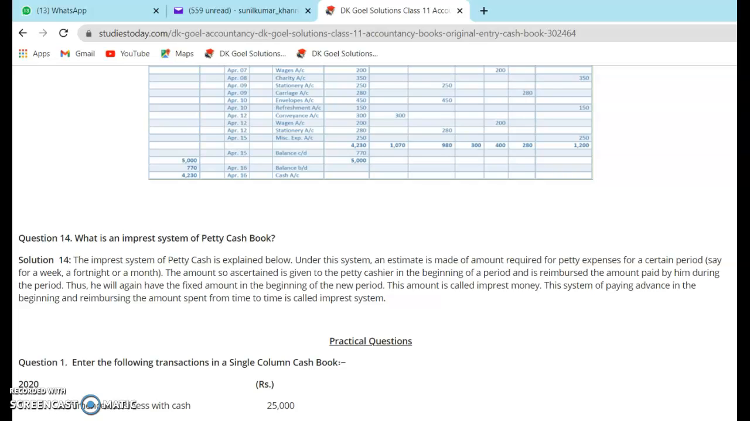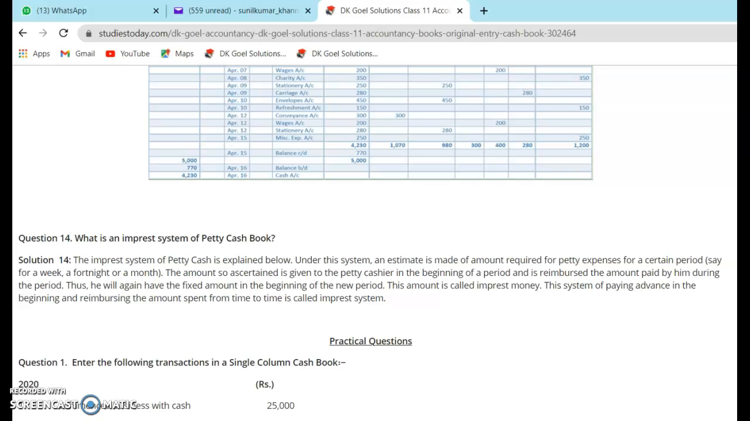The amount so ascertained is given to the petty cashier in the beginning of a period and is reimbursed the amount paid by him during the period. Thus, he will again have the fixed amount at the beginning of the new period. This amount is called the imprest money. This system of paying advance in the beginning and reimbursing the amount spent from time to time is called imprest